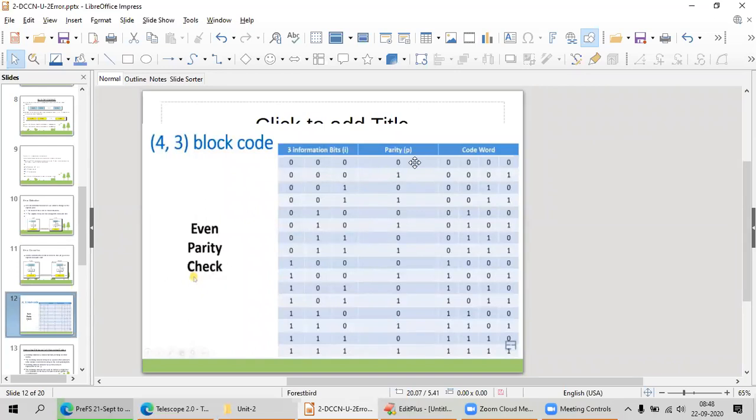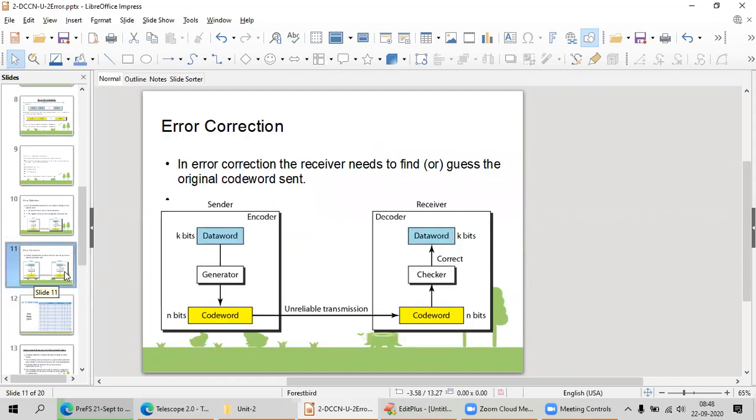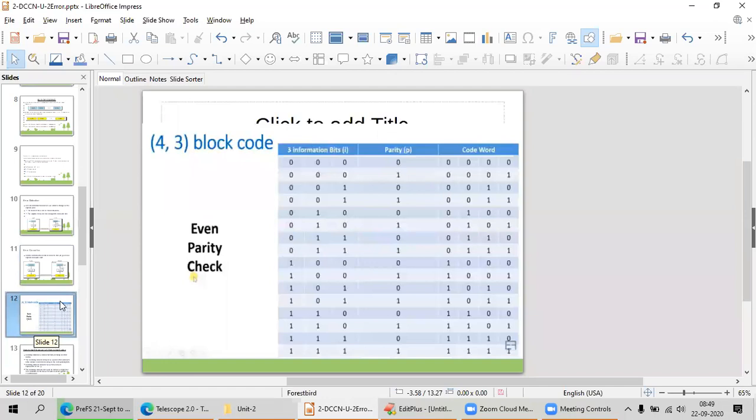Otherwise, if I am thinking that I will use odd parity check in my application, in that case it is going to accept only an odd number of bits in that particular code word. It is going to accept those code words. Other code words it is not going to accept at my receiver end. It will directly discard that, or it is going to guess and understand the message according to that mechanism. Okay, this is about block coding.